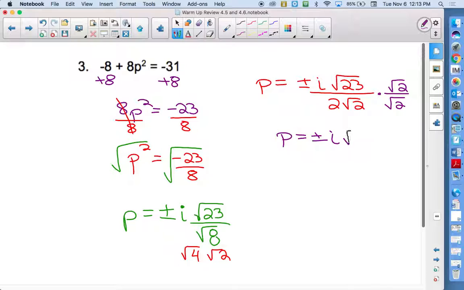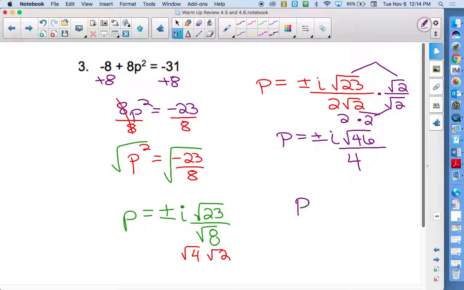So we have the i. We can multiply these two radicals together. 23 times 2 is 46. So plus or minus i square root of 46. And then on the bottom, we have a 2. The square root of 2 times the square root of 2 also becomes 2, so then that would be